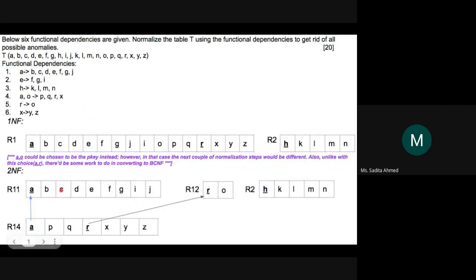পুরো primary key টার উপরে সে dependent না, সে dependent only on A, right? So we separate that. এই attribute গুলোকে আলাদা করে নিব, B, C, D, E, F, G, J, and I. এই attribute গুলোকে R1 থেকে উঠায় দিয়ে নতুন একটা রিলেশনে ট্রান্সফার করব। So there you go. In R11 we have them, and in that new relation we will make A the primary key. So partial key dependency. And in the original relation, however, the old relation, we will still leave A there. Why? Because we need AR to identify some of the attributes. Which attributes? AR কে আমার লাগবে কিছু attribute identify করার জন্য।